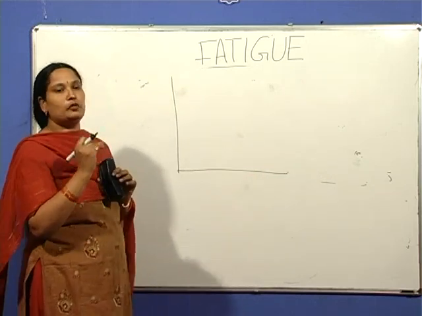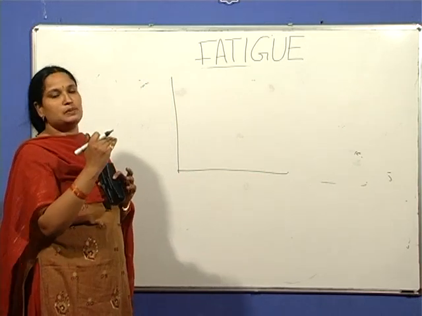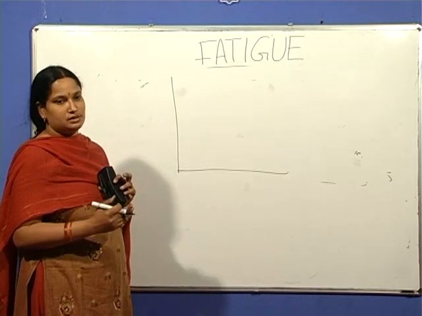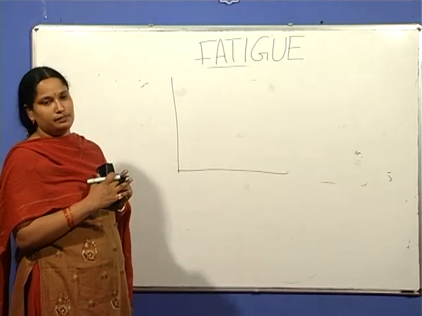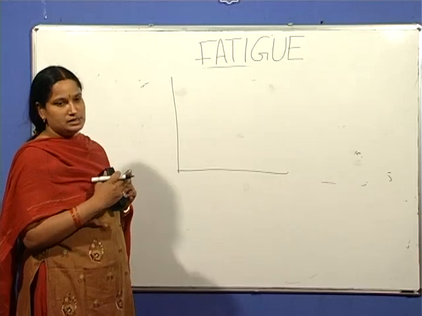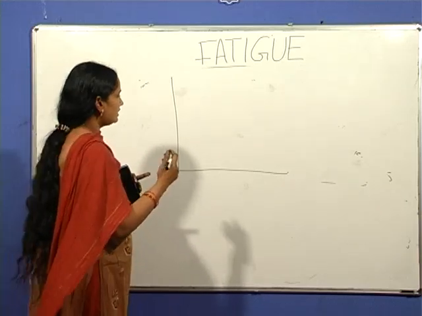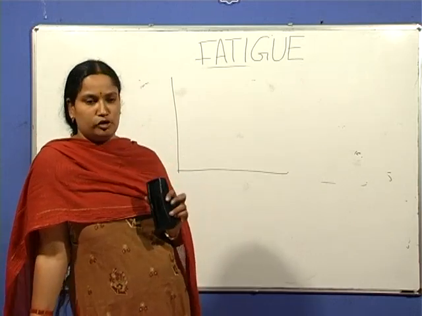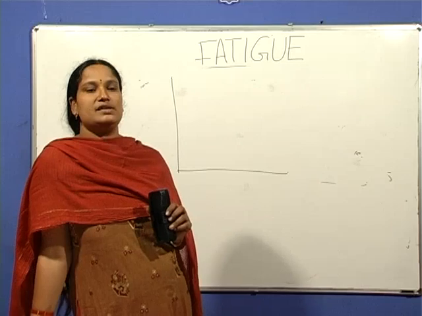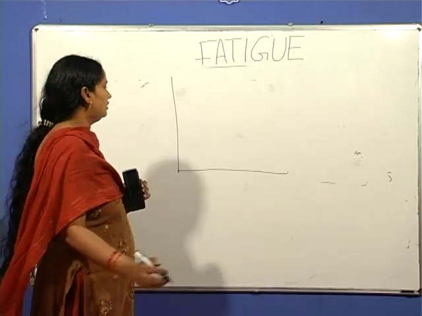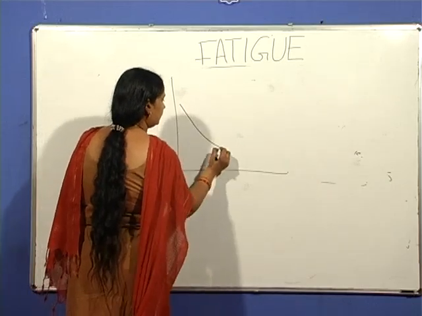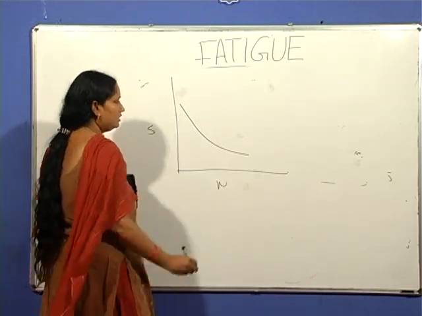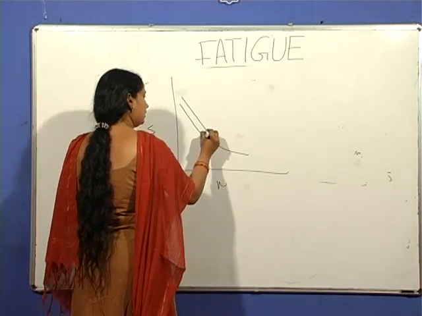which shows a true fatigue limit, is the stress below which the material can undergo an infinite number of cycles, but it does not fail even though it is exposed to any number of cycles. So, the reason why it shows a true fatigue limit can be attributed to the presence of interstitial elements. This is the stress versus N curve for the case of pure metal, and this is for the case of